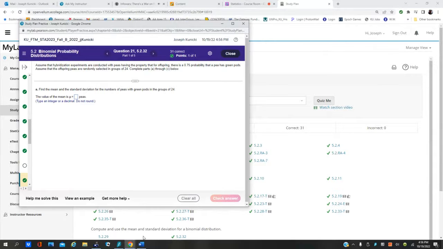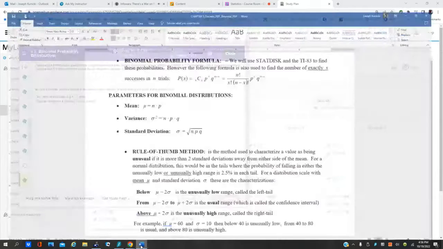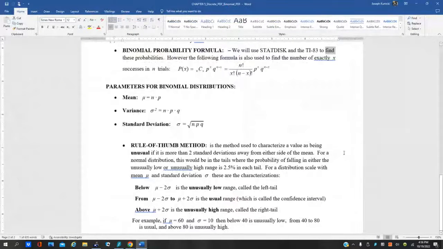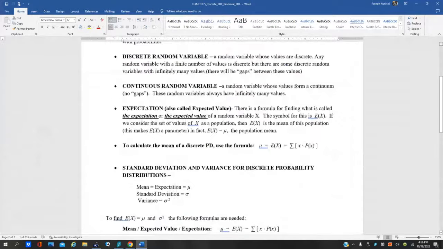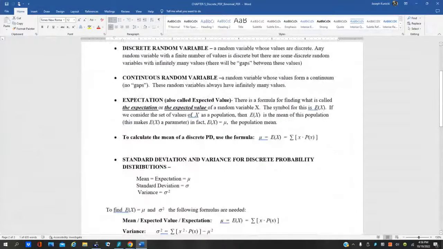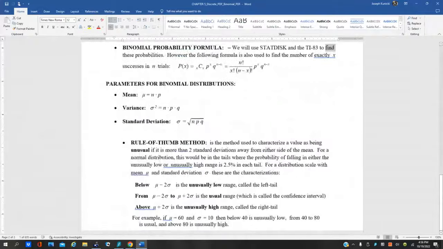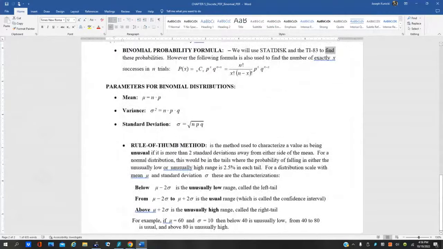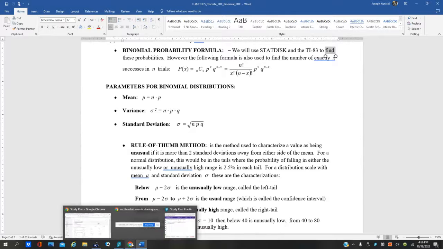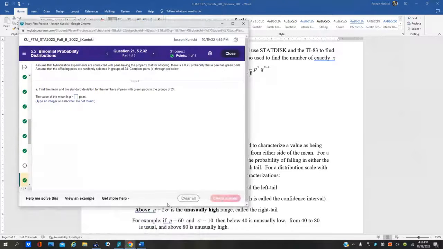Well, if you look at the handout for chapter 5 that you can find in Blackboard, the parameters for the binomial distribution: the mean mu is equal to n times p. And while we're at it, you can see that the standard deviation is the square root of n p q. So we have to identify those three, n, p and q, which is fairly straightforward because